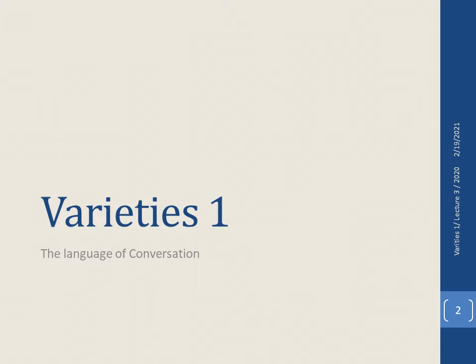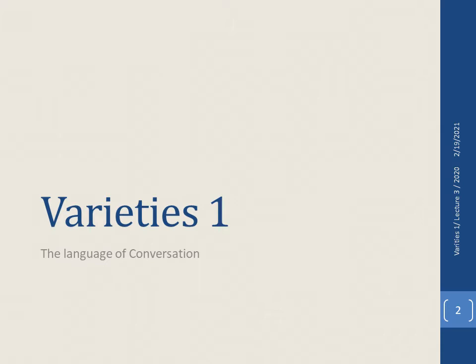Okay, so we are actually still dwelling on the language of conversation. Last time we had a little introduction about the nature of spoken language in relation to written language, and we saw these two varieties of language, spoken and written. They are completely different, completely poles apart. Each of these varieties has its own code of aspects and characteristics.